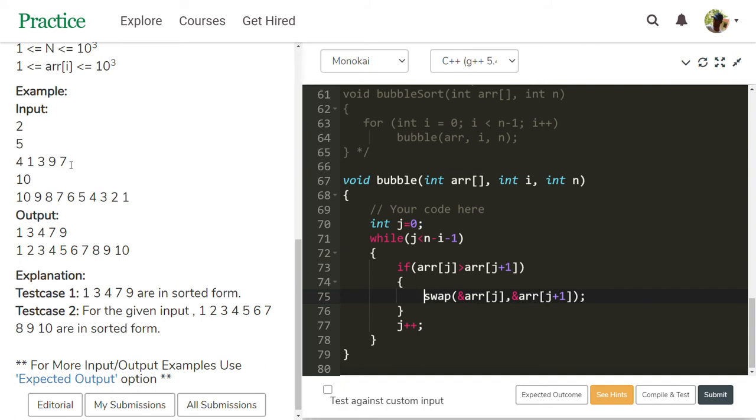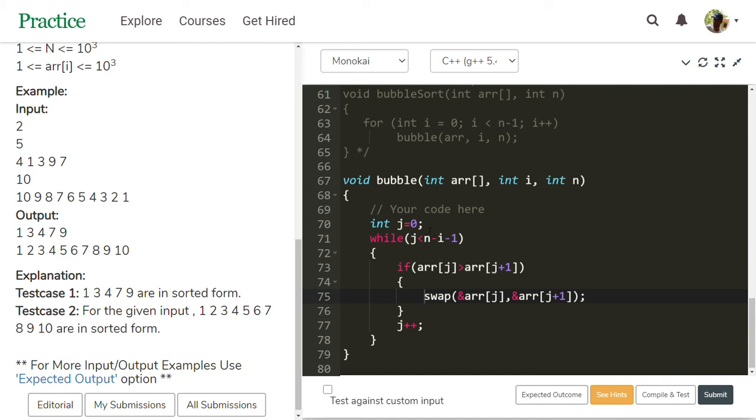Then 9 moves to this place, and 7 is in this place. Then 1 is there, 3 also there, 4, 7, 9. With one operation, this entire list is sorted.